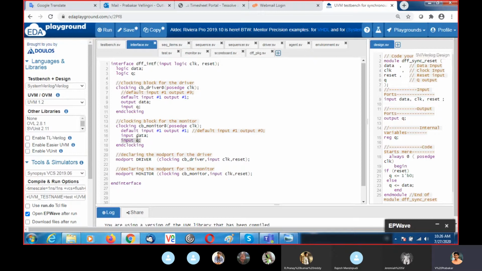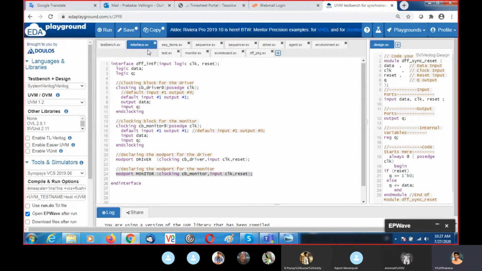Then I write a modport for the driver. A modport gives the direction of the signal. In the clocking block itself we mentioned the direction, so we just call the clocking block here. This clocking block does not contain the clock and reset, so we include the clock and reset here. And this is for the monitor.